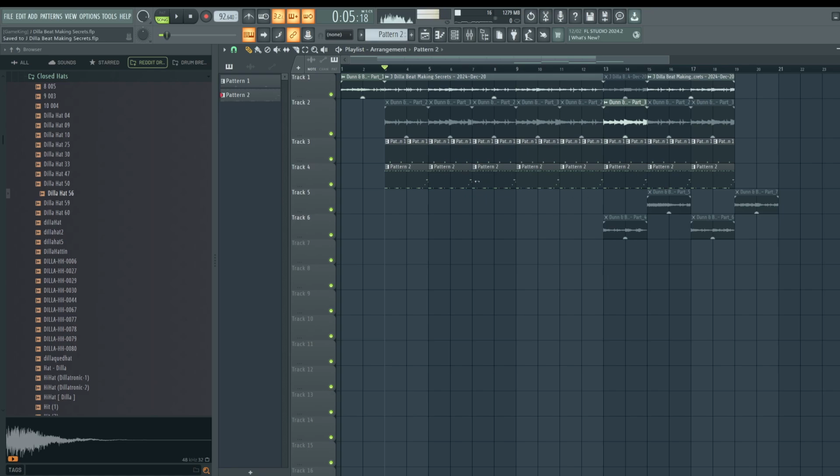Because the sample changes root notes so much, I'm going to go in and change out the bass root notes just so it matches the sample.